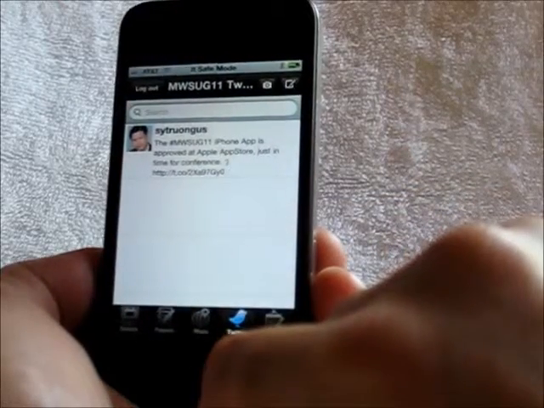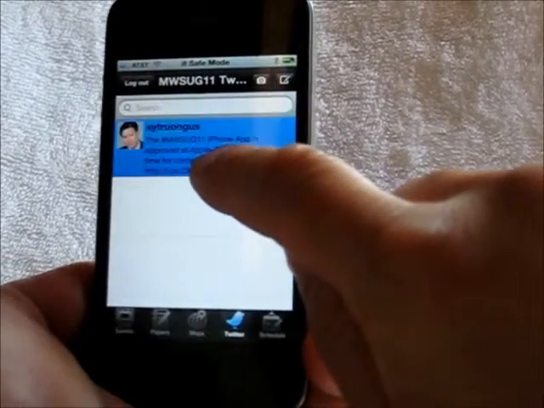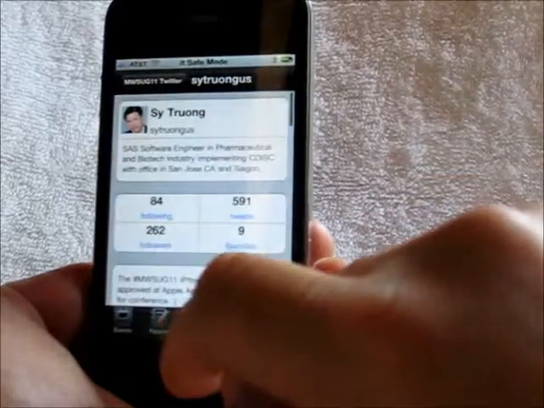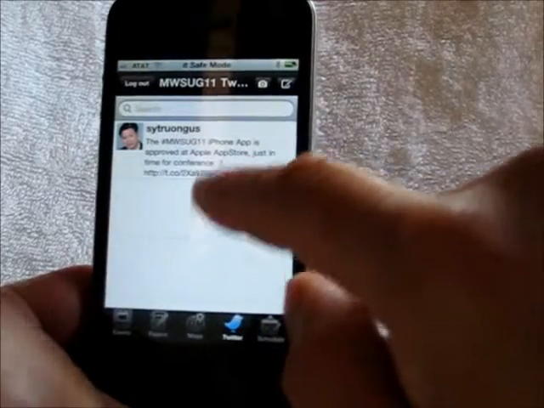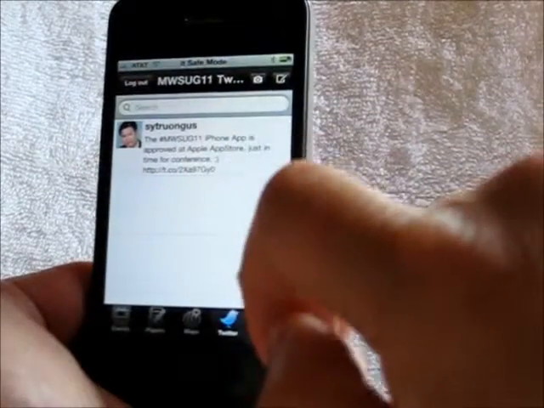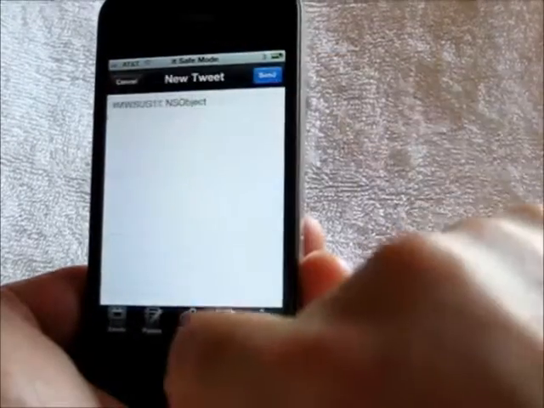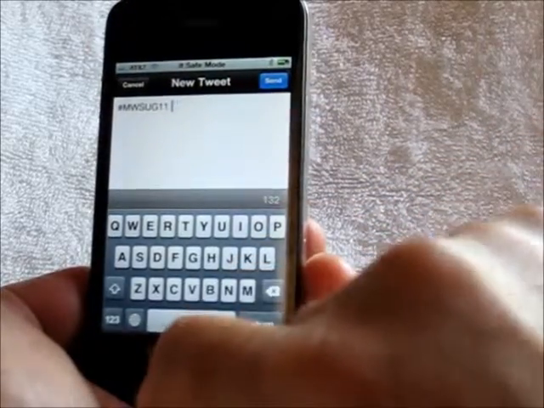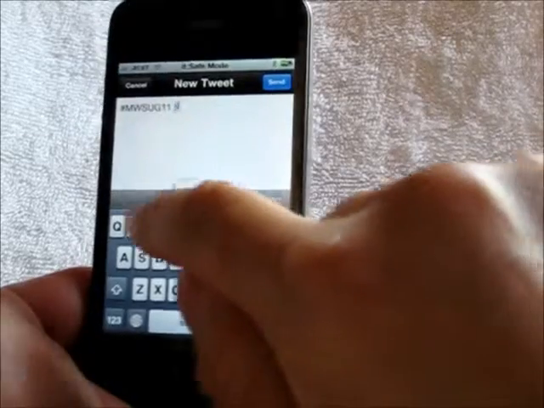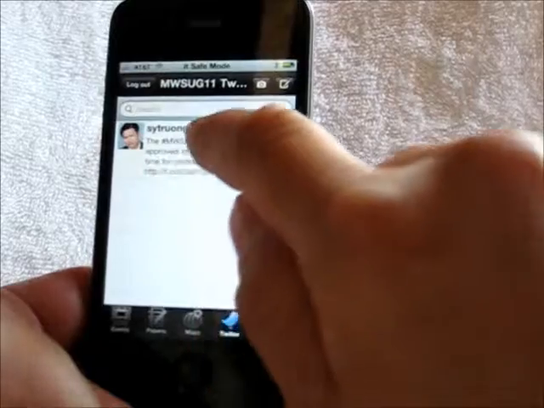And lastly, I want to show you the Twitter feature. This shows you a Twitter feed, up-to-date Twitter feed of all the discussions with the hashtag of MWSUG11. I just posted one earlier that describes that the iPad or the iPhone app has been approved. You can also log in with your own account, and then you can tap in here and type your own message here, testing here. If I were to do test, it will actually send this message, but note that there